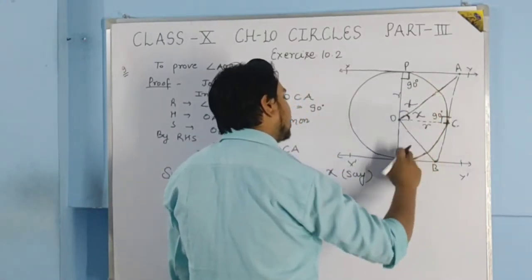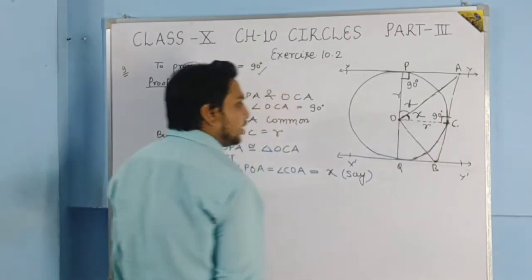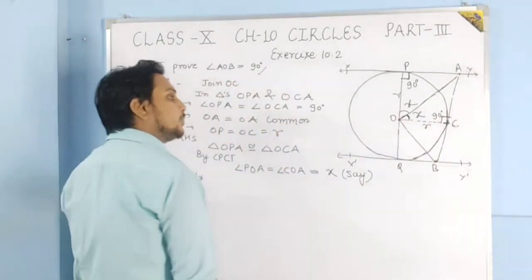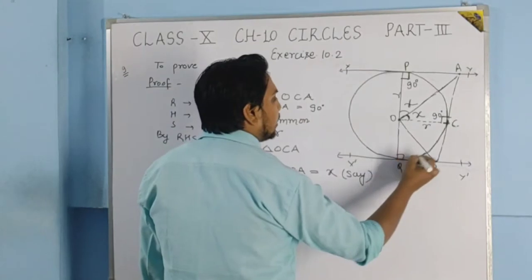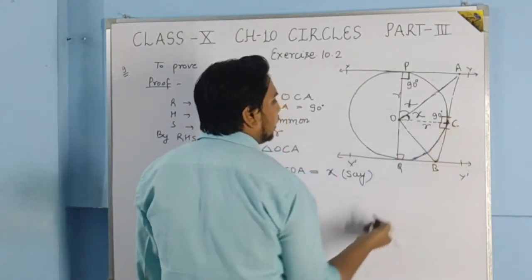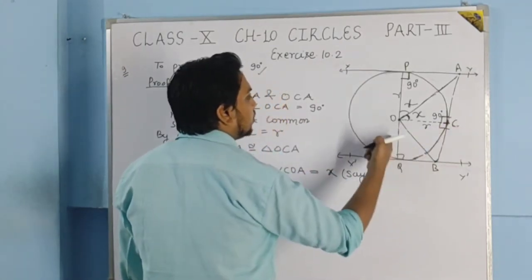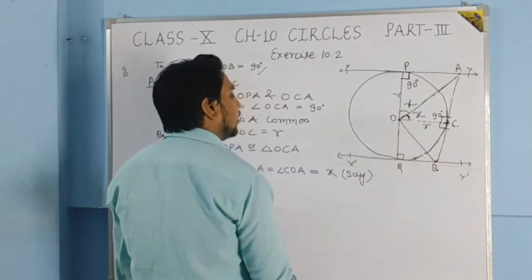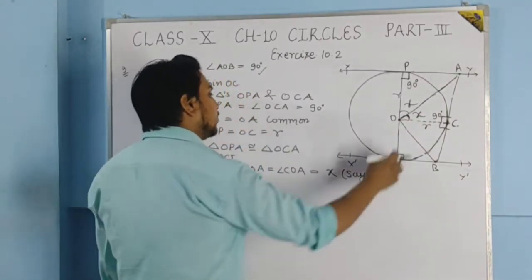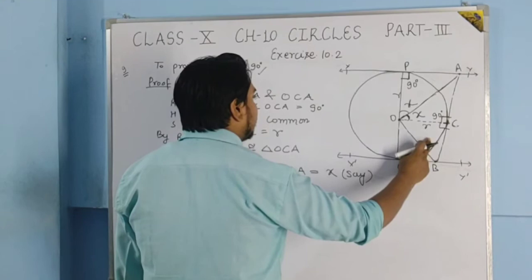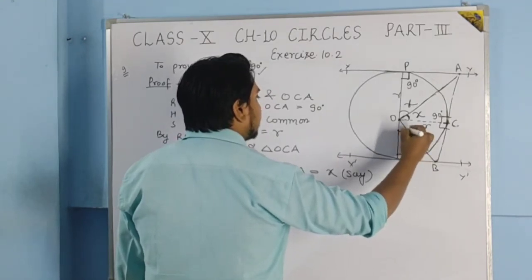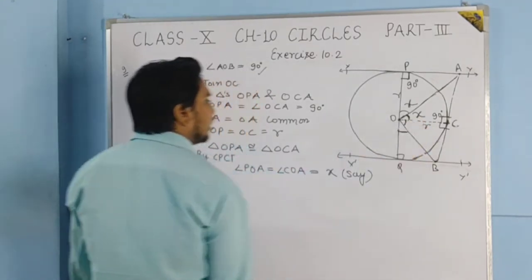In the same manner we can show that these two triangles will also be congruent by the RHS property. How? This angle is 90 degree, this angle is 90 degree, this is the common hypotenuse, this is the radius. So by RHS these two triangles will also be congruent, and so their corresponding angles